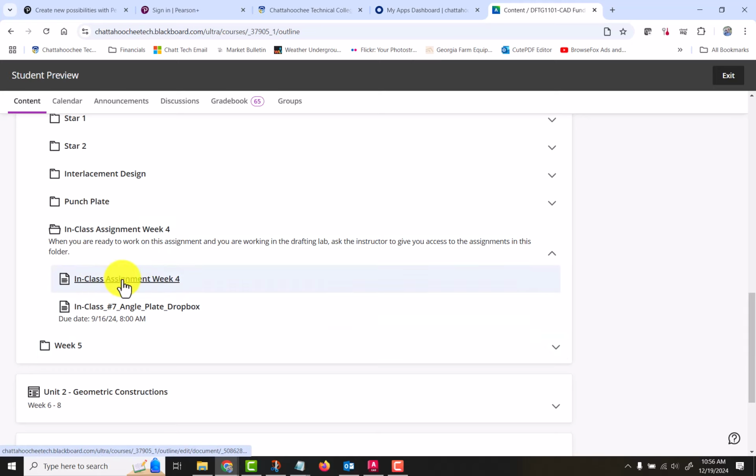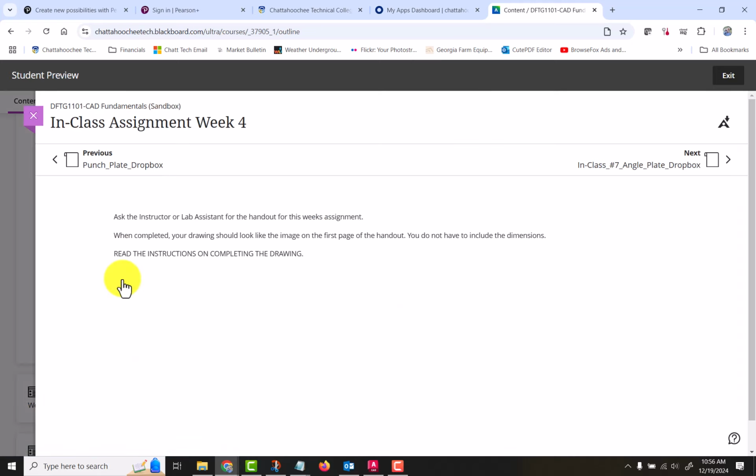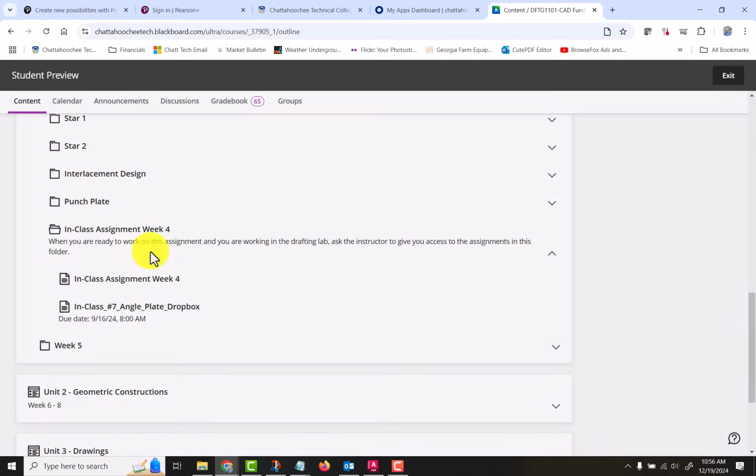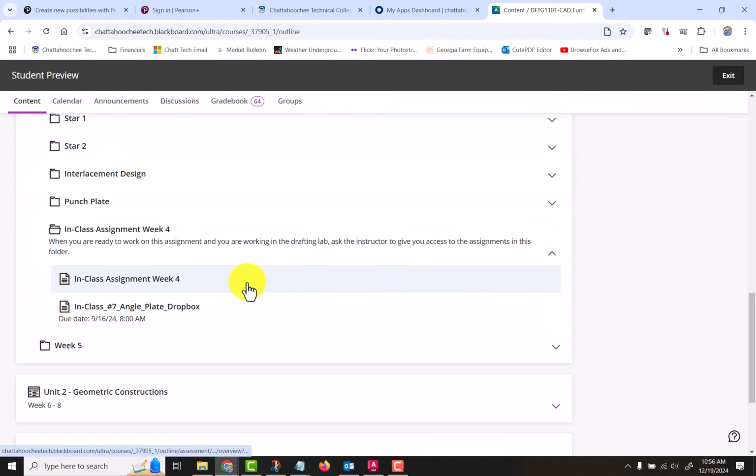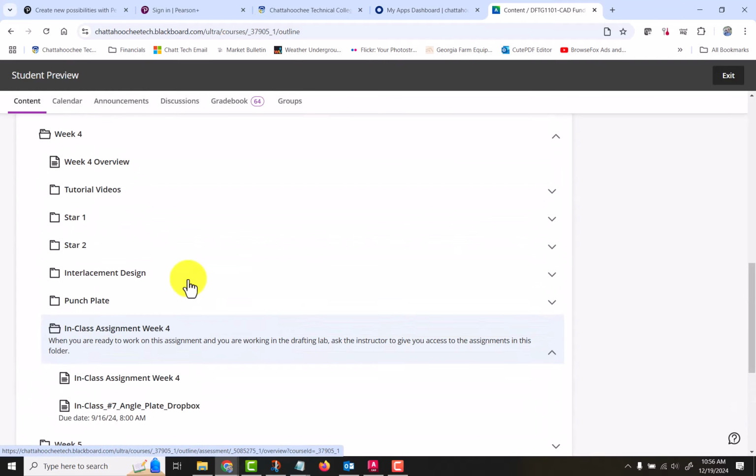Okay, so in this particular case, it tells you to get the handout from the lab tutor, read the instructions on the handout, and then in this case, you're going to submit a CAD drawing of the angle plate that you're going to be creating. Okay,